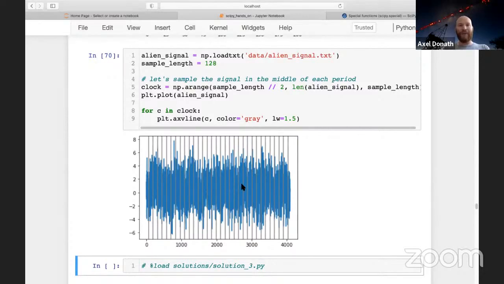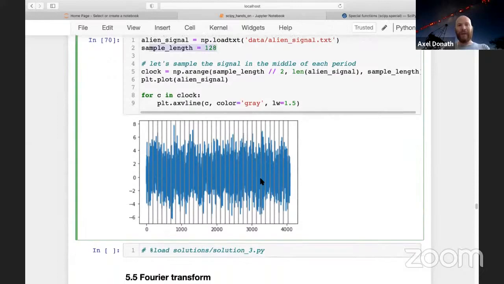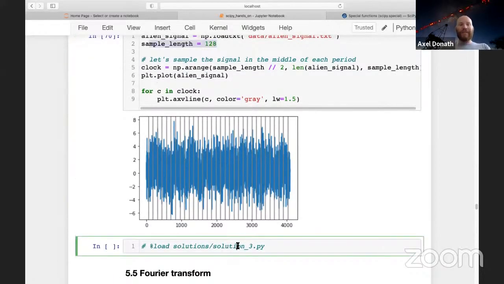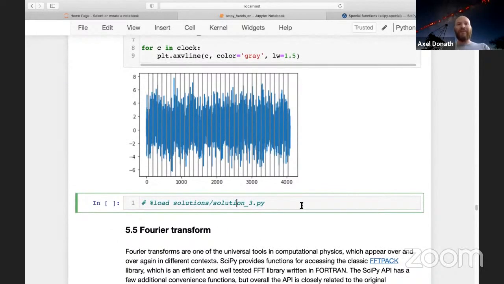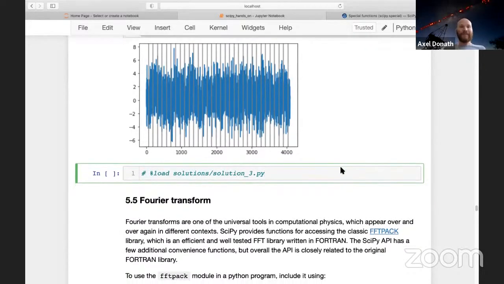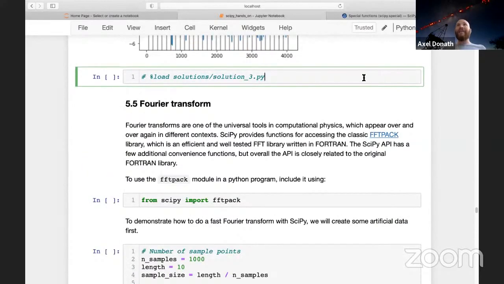into chunks, or put this into chunks of a given sample length. Again, the example solution here is provided, and if you do it correctly, then you should end up with a nice message sent by aliens. Okay, let me come to